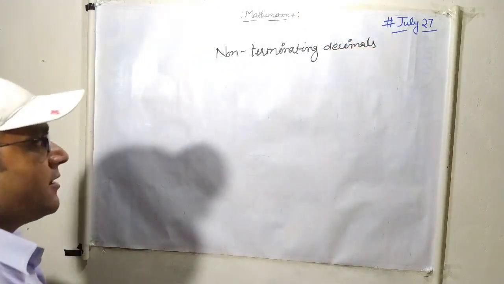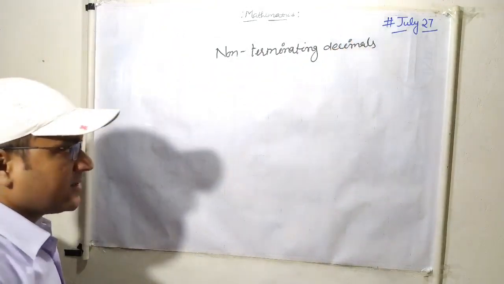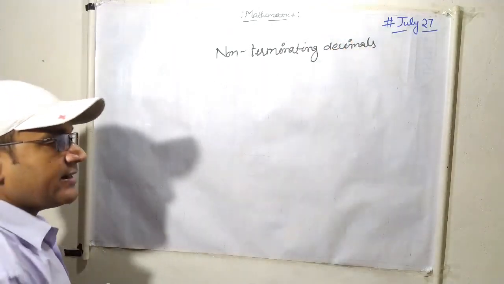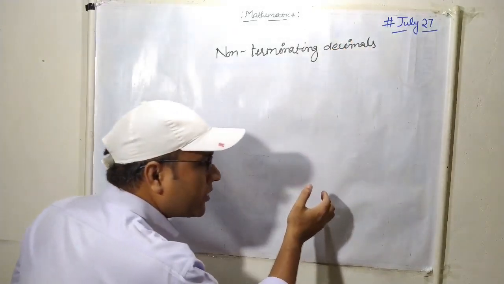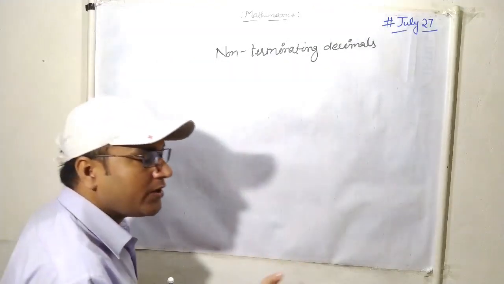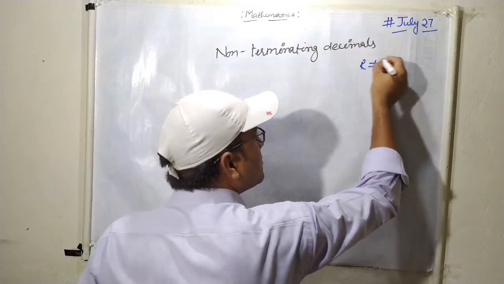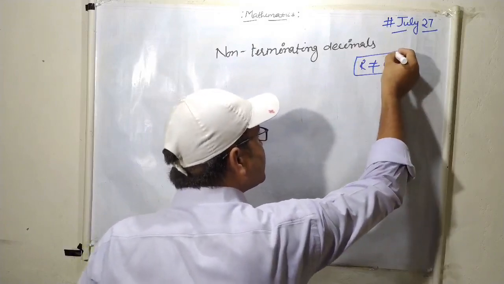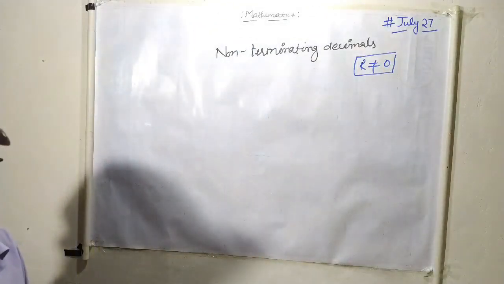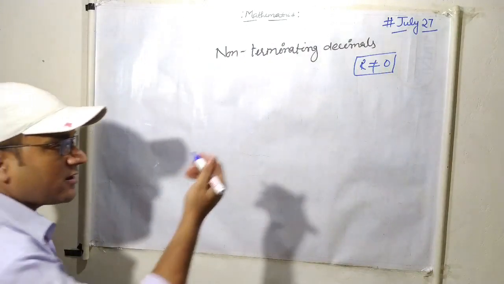Non-terminating means that if you are doing division, its division never ends, it never comes to an end, meaning its remainder is not equal to 0. If you are doing a division but your remainder is not equal to 0,